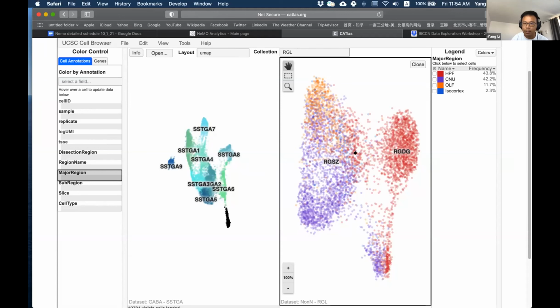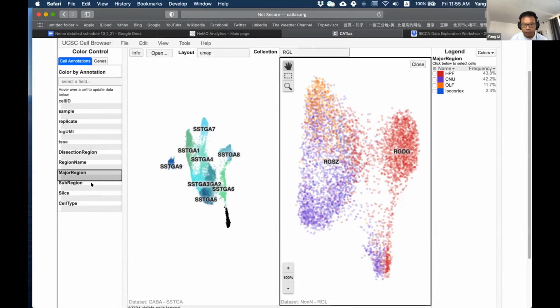A few of them we annotate here as hippocampus. That is because there could be some dissection issues: when we dissect the brain, some of the cells are pretty close to this region, so we include them here.